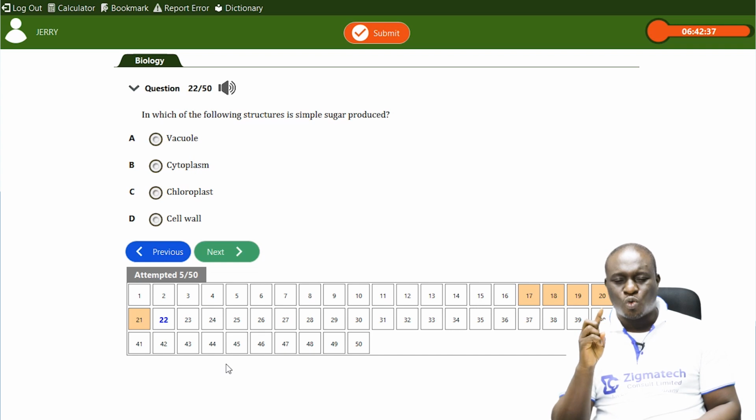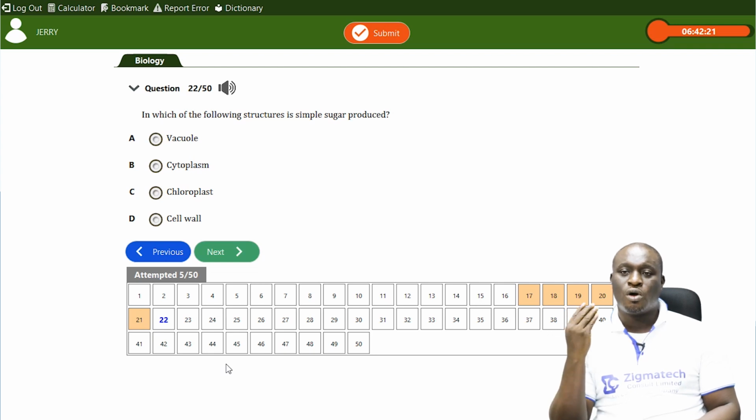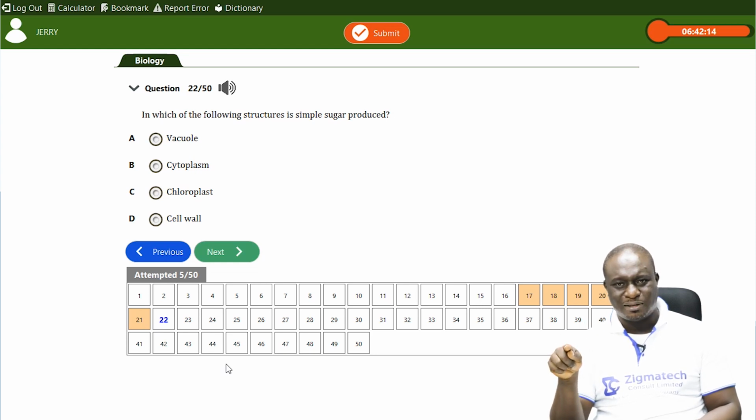So please take note, one of the conditions necessary for photosynthesis to occur is the presence of chlorophyll or a chloroplast. Number two, I mentioned sunlight. Number three, I mentioned water. And number four, I mentioned carbon dioxide. Now, if you look at it in terms of organelles in a cell, the organelle that relates to photosynthesis is the chloroplast,